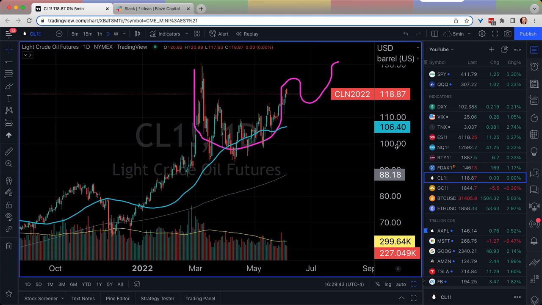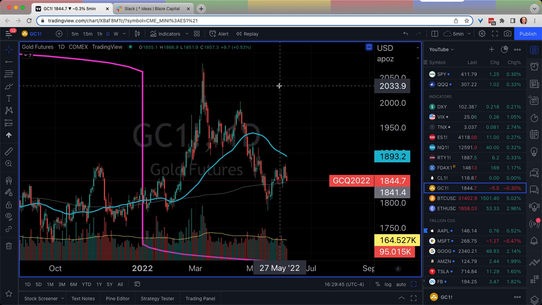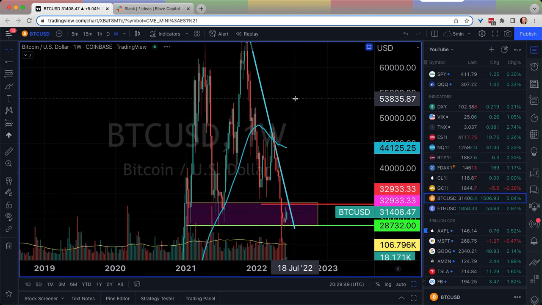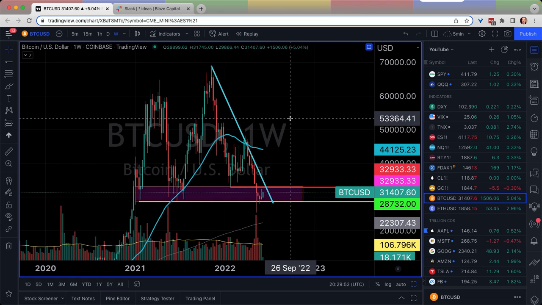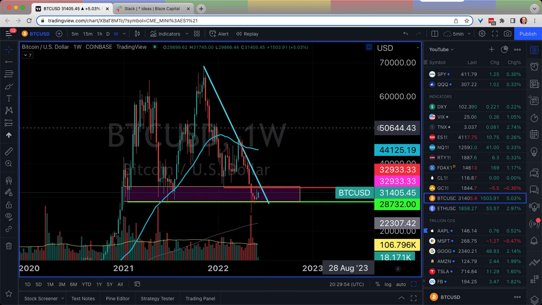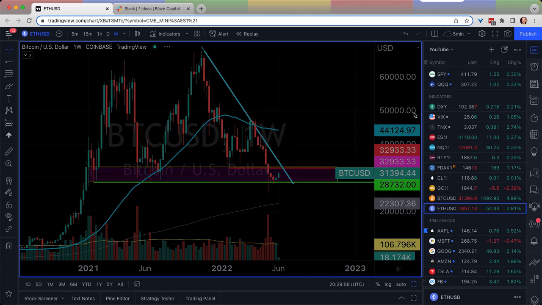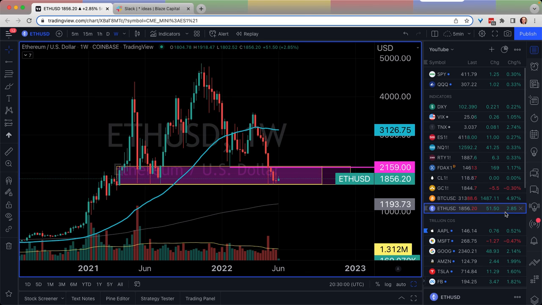Oil, whatever, closed flat, gap up, sell it off. Gold, a little bit down, right? Bitcoin up. This is what we wanted to see. Still an inside bar, still not above 33,000 for a bull break, but looking a lot more constructive. Big move happened overnight. Same thing with Ether, but not as strong.